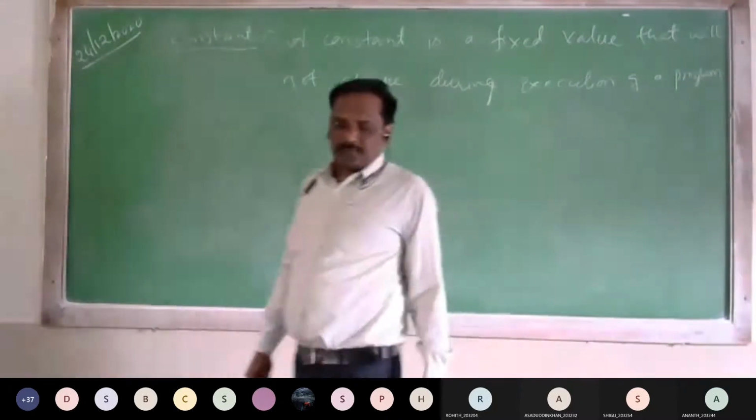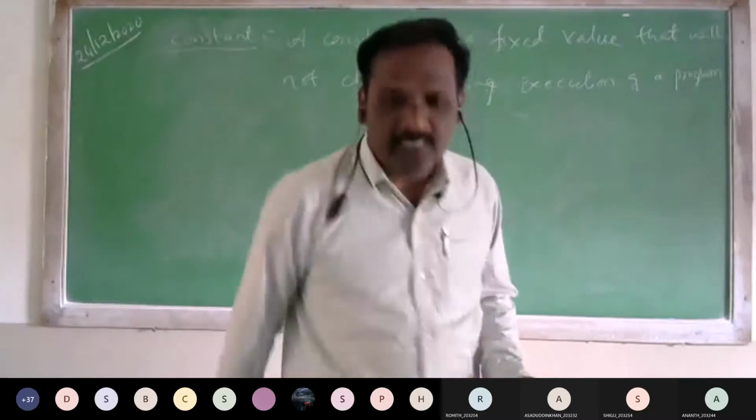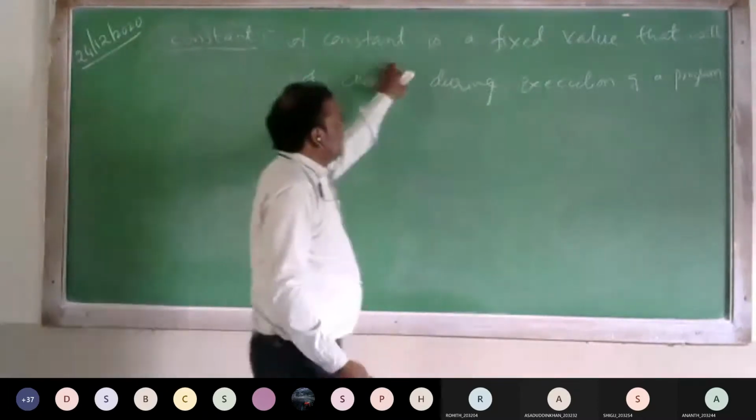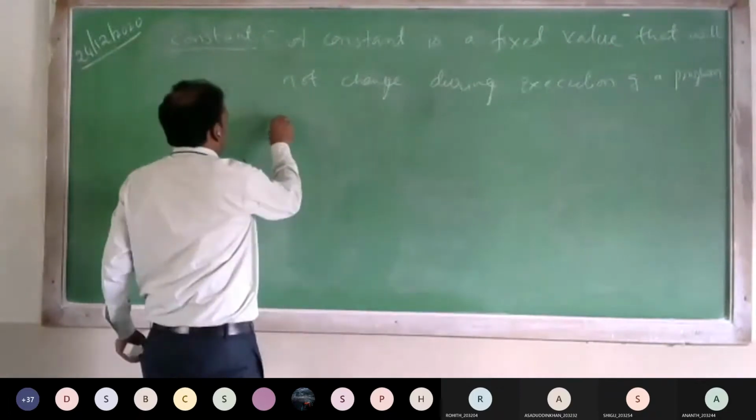That will not change during execution of a program is called a constant. A constant is nothing but a fixed value. Example: